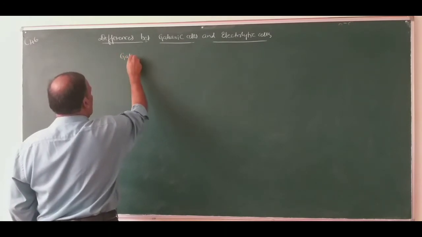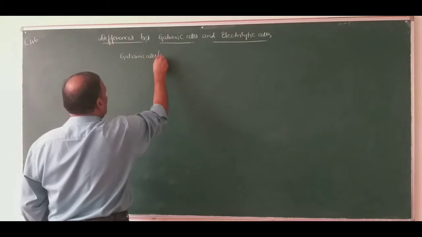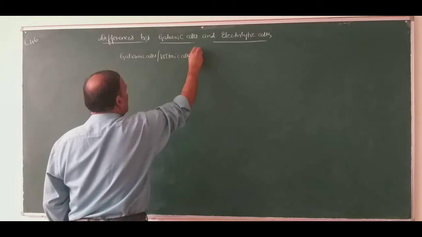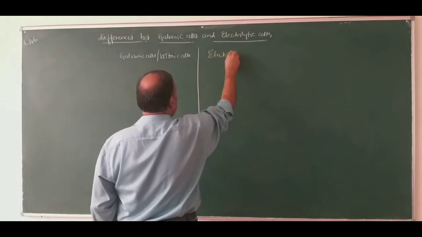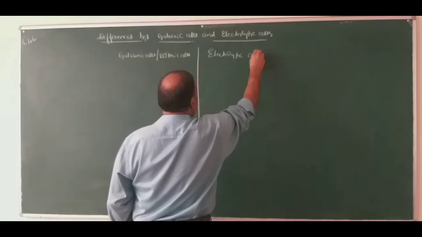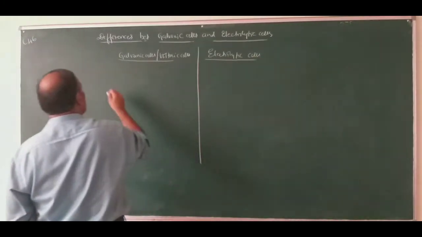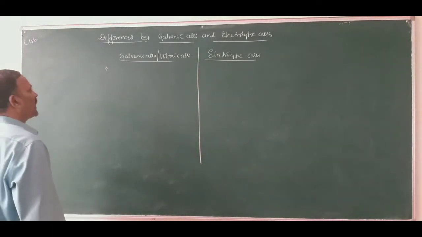The first column is galvanic cells, also called voltaic cells, and here it is electrolytic cells. So the first difference between galvanic cells and electrolytic cells, number one,